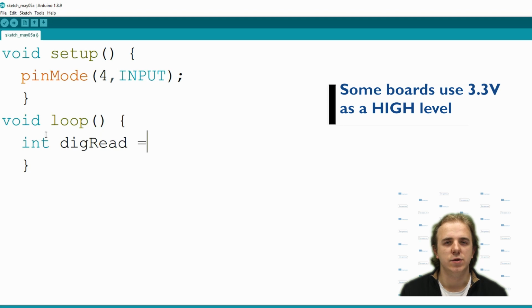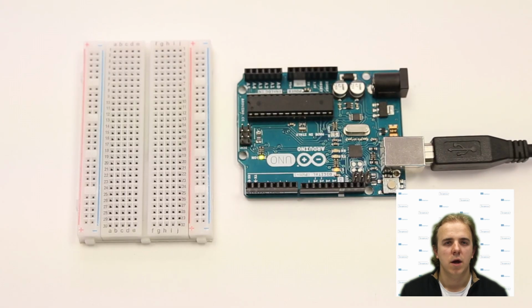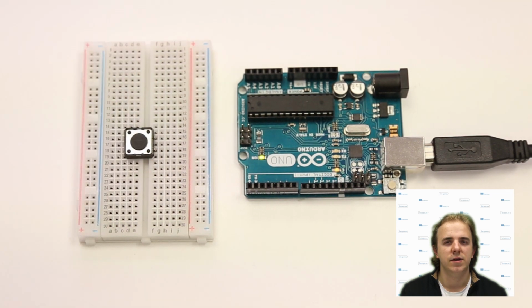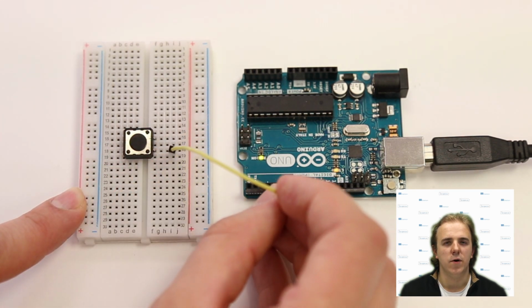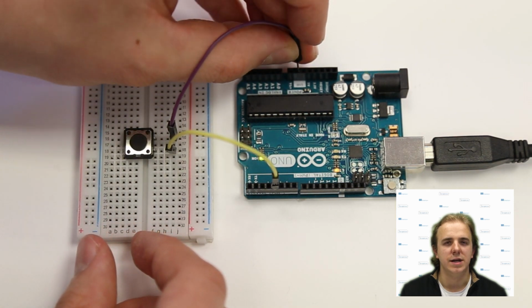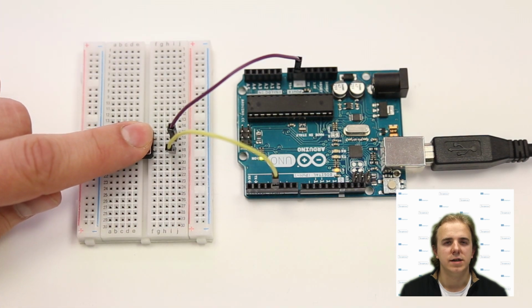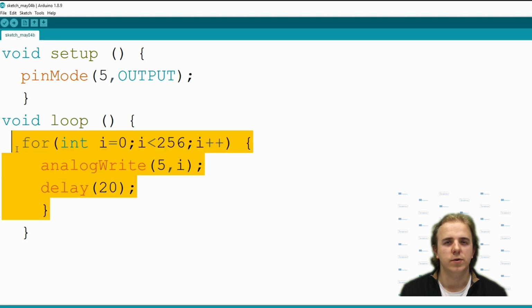Mostly this is used to read buttons that can be either on or off, but many sensors also output high or low value. We will make a circuit with the button and Arduino. Then the button state will be read and printed out on the serial monitor. To make a circuit, connect one side of the button to pin 4 and another side to the ground pin. Be careful to choose correct button leads, because some button leads are connected internally, and if connected incorrectly, button won't work. In code, change pin mode to input.